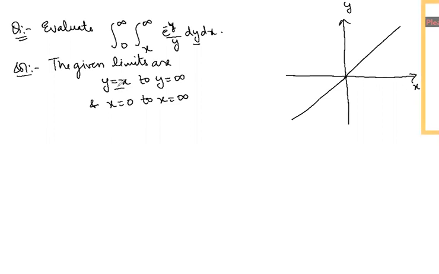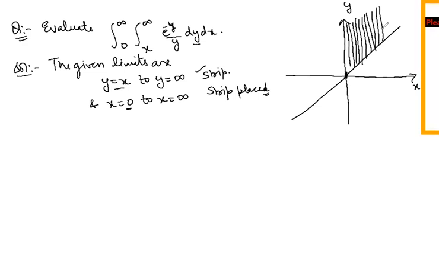How will region 1 come? Look, we have to move along y, parallel to the y-axis. It is the strip, and this is the placing of the strip. So the strip is moving from this line to y equal to infinity, and we started placing the strip at x equals 0 and up to infinity. So this is how the region is being traced. This whole region is a triangular region, but it will go up to infinity because there is no upper bound. So I took this strip, and the placing of the strip goes from here all the way ahead.